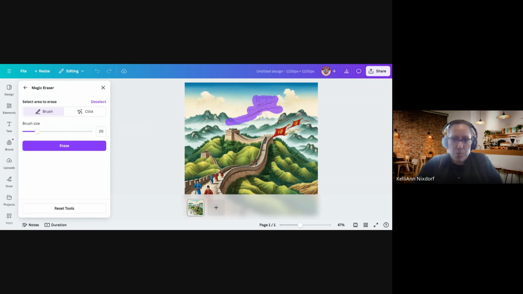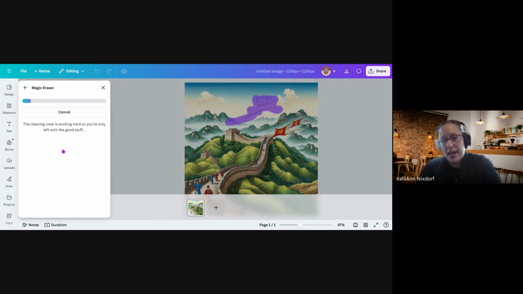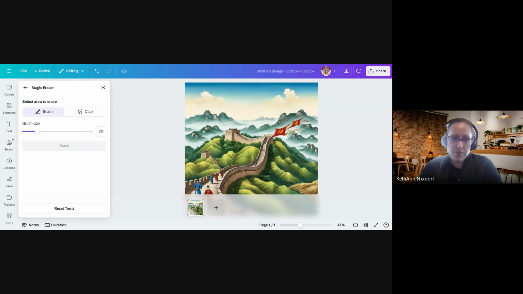So you can see my brush tool sort of turns purple, whatever it is that I want to erase. I can adjust the cursor size just over here with this slider tool. I'm just going to click erase and we'll see what happens. Sometimes it does a fabulous job like that, and sometimes it's terrible. So that's actually quite nice. I like that. Okay, let's head back to our homepage